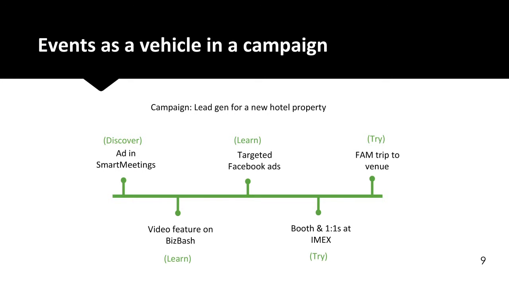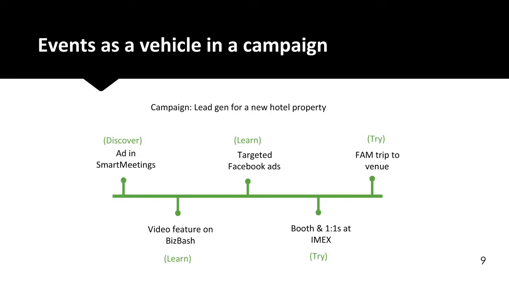So, for example, let's take a look at if your campaign was a lead gen campaign for a new hotel property. So you're launching a new hotel, you want to figure out how you're going to capture more contact information so that you can market to the people that you want to market to come to your hotel, book a meeting at your hotel. We're probably not going to talk about the travel industry. We're going to talk more about groups and events here for these purposes. So looking through this campaign idea, on this slide, here's our statement of the campaign, lead gen for a new hotel property.